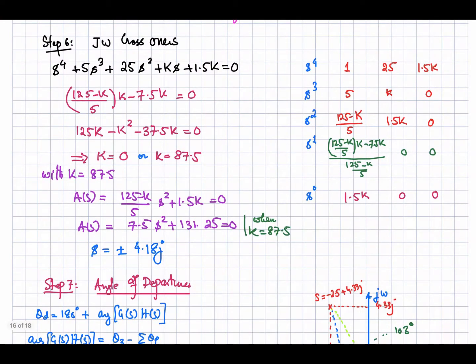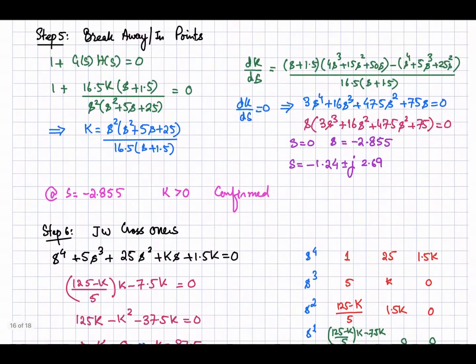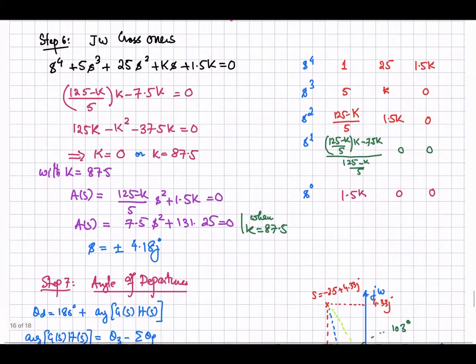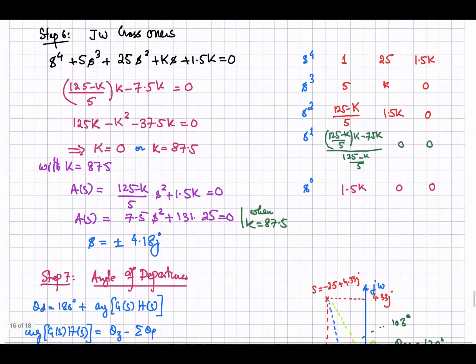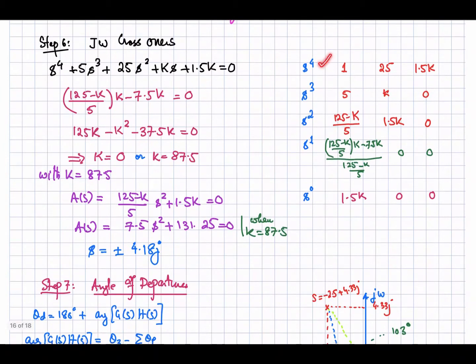After calculating this one, now let's look at the j omega crossovers. For j omega crossovers, we need the characteristic equation that can be obtained from this equation, right? So from here, if we solve it, we will get this expression, that is the characteristic equation. So from this characteristic equation, now we can develop the Routh table.